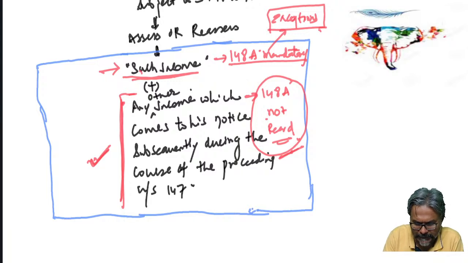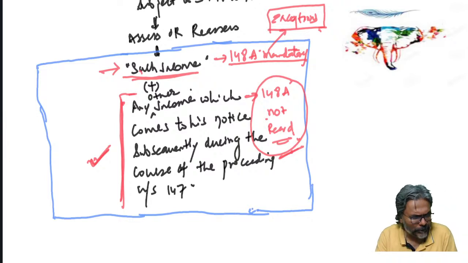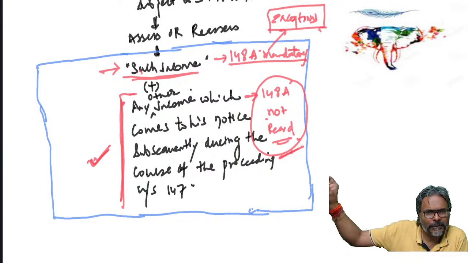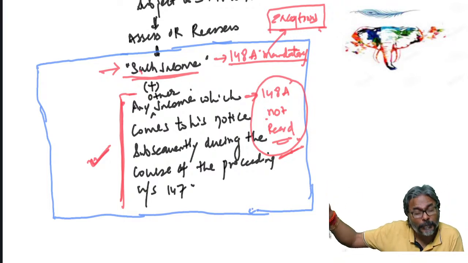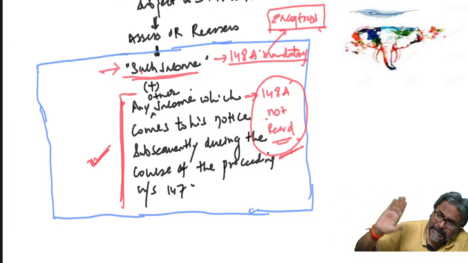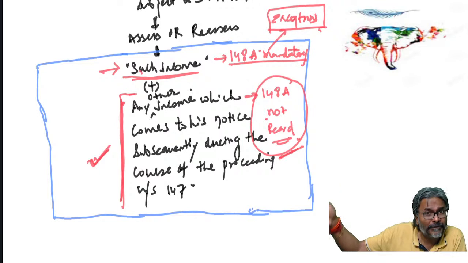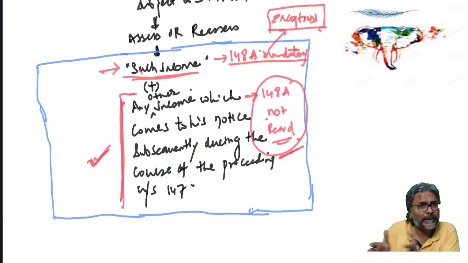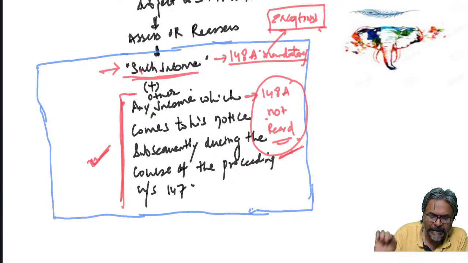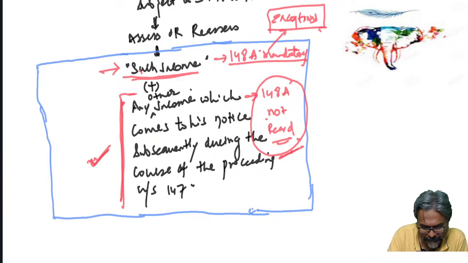Now in this context, I think that should not be an issue. So students, if in between I find some new income, can I continue in the same proceedings, or do I have to give a fresh notice? The fresh notice requirement is not there. In the same proceedings that you have already started under 147, this new income can be assessed or reassessed. For that, no separate notice under 148A is required to be given.